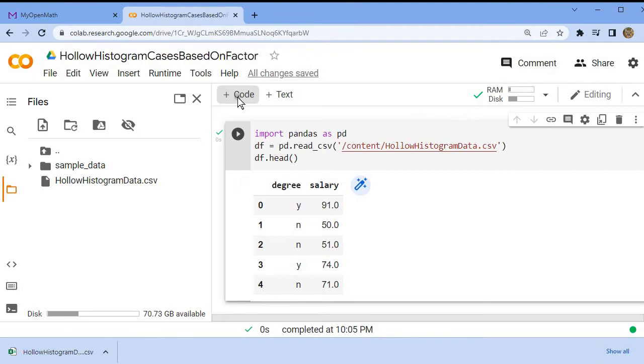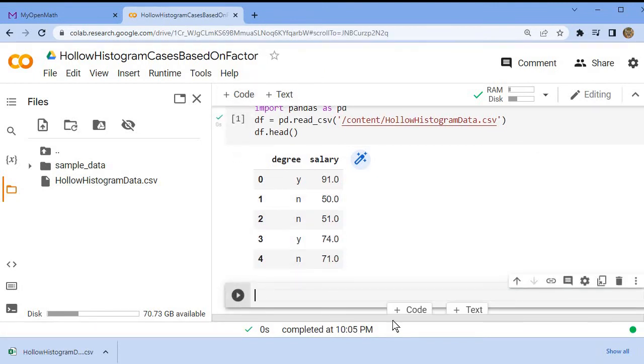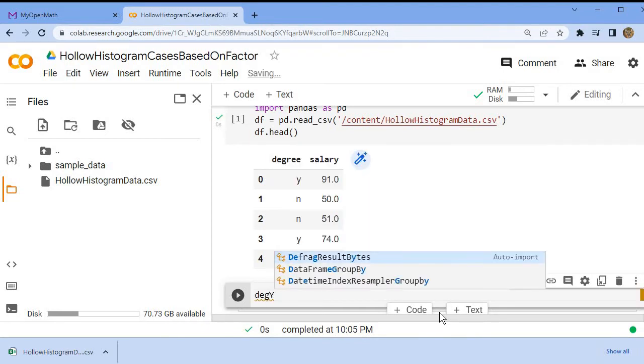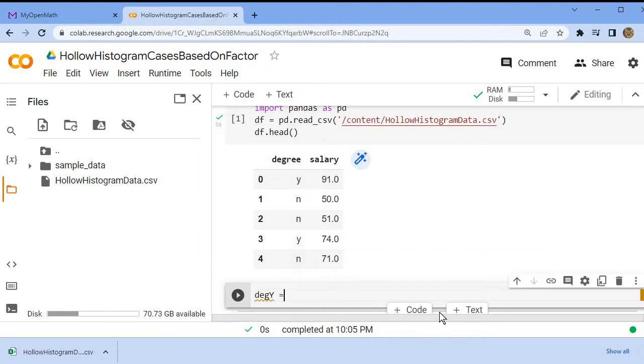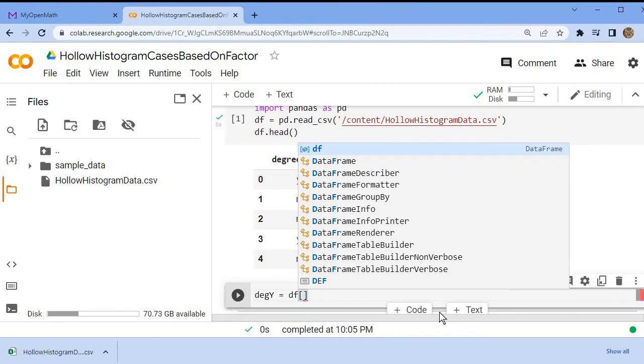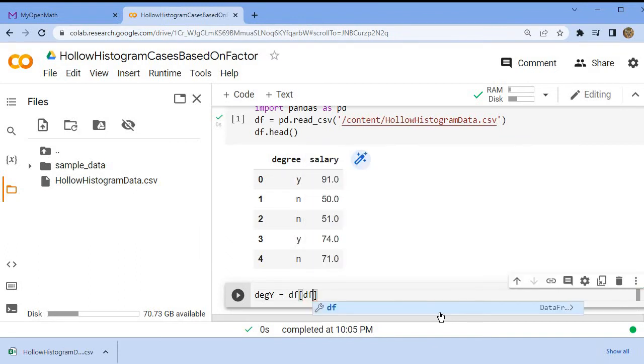So I'm going to add a code cell, and in this code cell I'm going to look at the people that said that they had a degree. I'll call this data frame degree Y. So these are the people who said yes, I have a degree. Degree Y is going to be equal to, and here's how I'm going to isolate only the people who have degrees from the original data frame. The original data frame is df. I put a bracket, and then I put another df